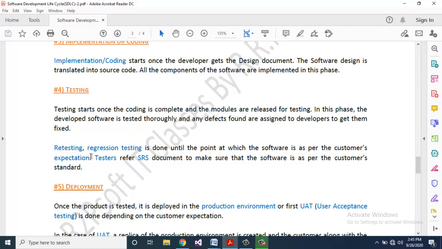Retesting and regression testing are done until the point at which the software is as per the customer's expectation. Testers refer to the SRS document to make sure that software is as per the customer's standard.